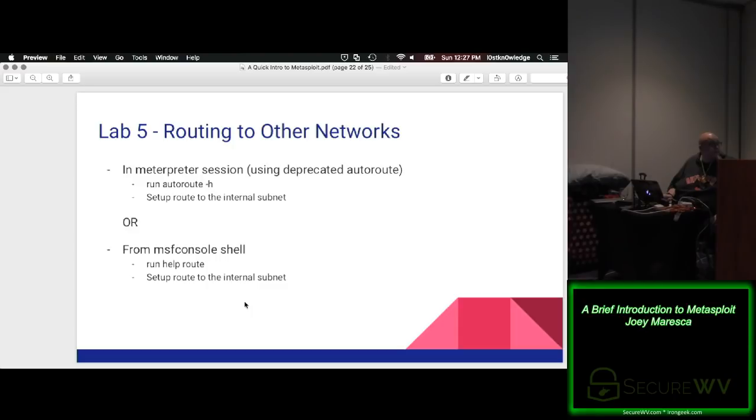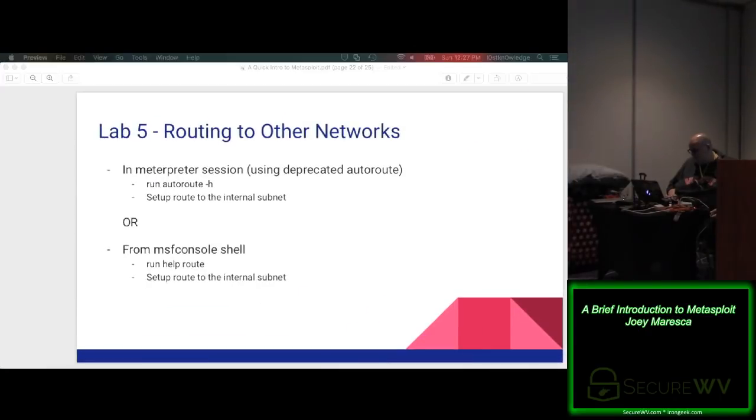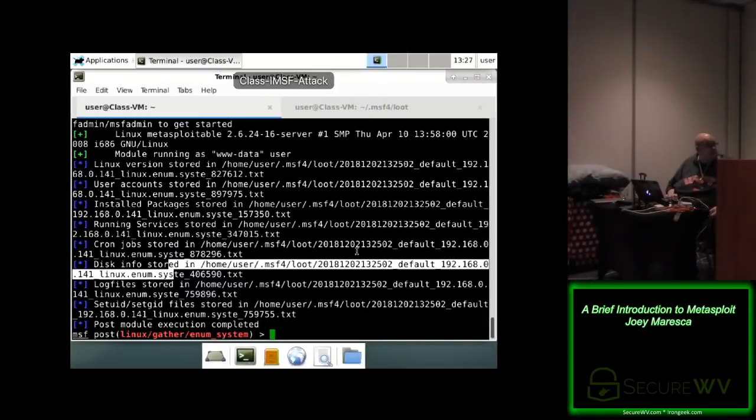So there's basically two primary ways to do this. The old way, which I'm sure Meterpreter fans will yell at us for trying to do, is